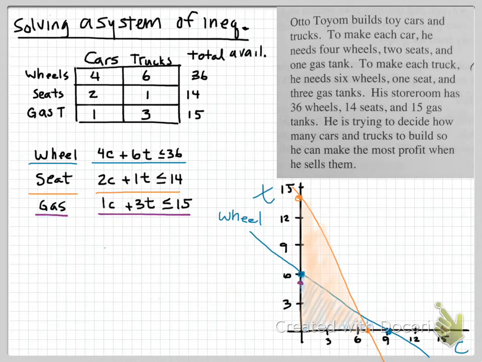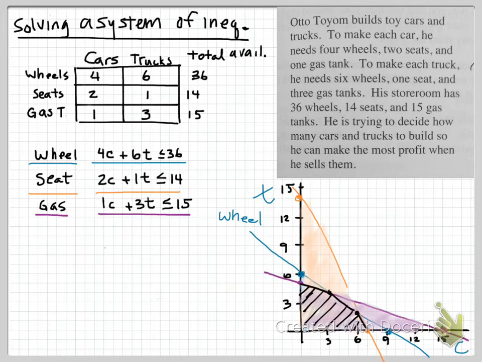And then finally I'm going to use the same thing for gas, finding the C and T intercepts for gas. And so again, I see now essentially where all 3 sections overlap, and we see these little corners in my graph, and essentially everything inside that little weird polygon is the number of trucks and cars this guy